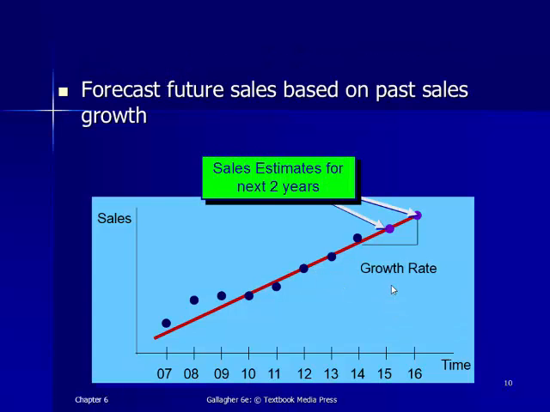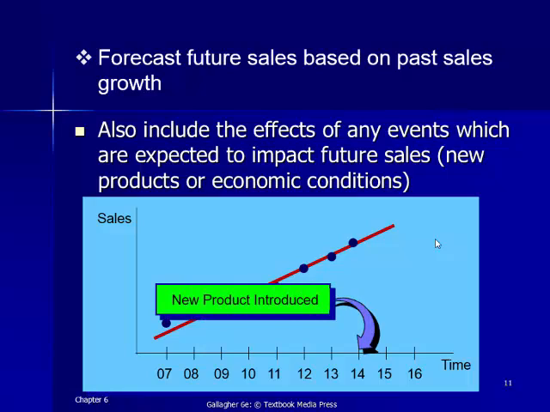And this would give you an estimate of what you're going to get. In this case, we'd look at our 2007 through 2014 actual sales and predict our 2015 and 2016 sales figures. Now, sometimes we have reason to believe that our sales will deviate from that extrapolation of the historic